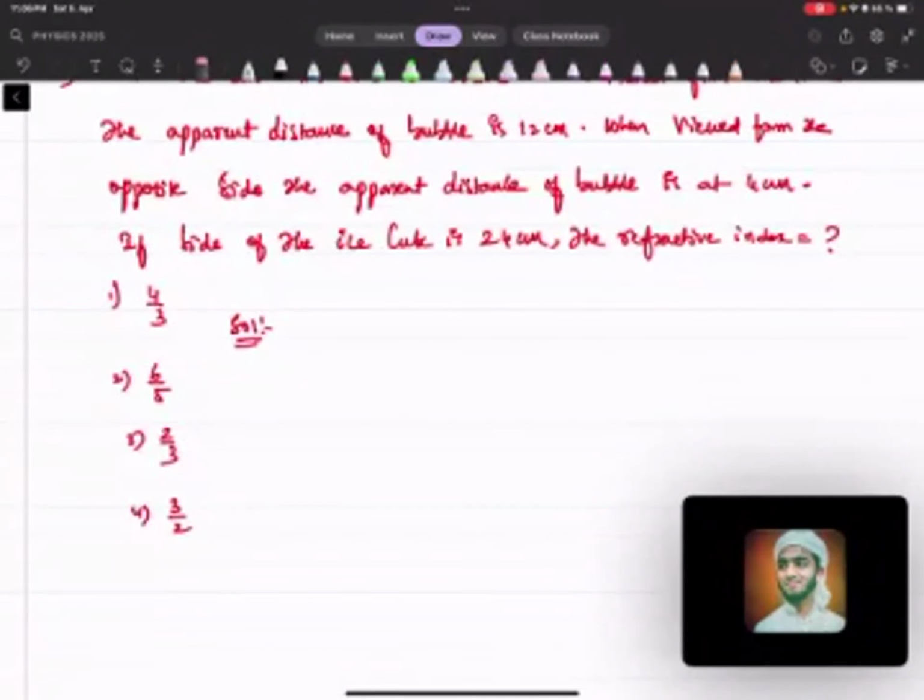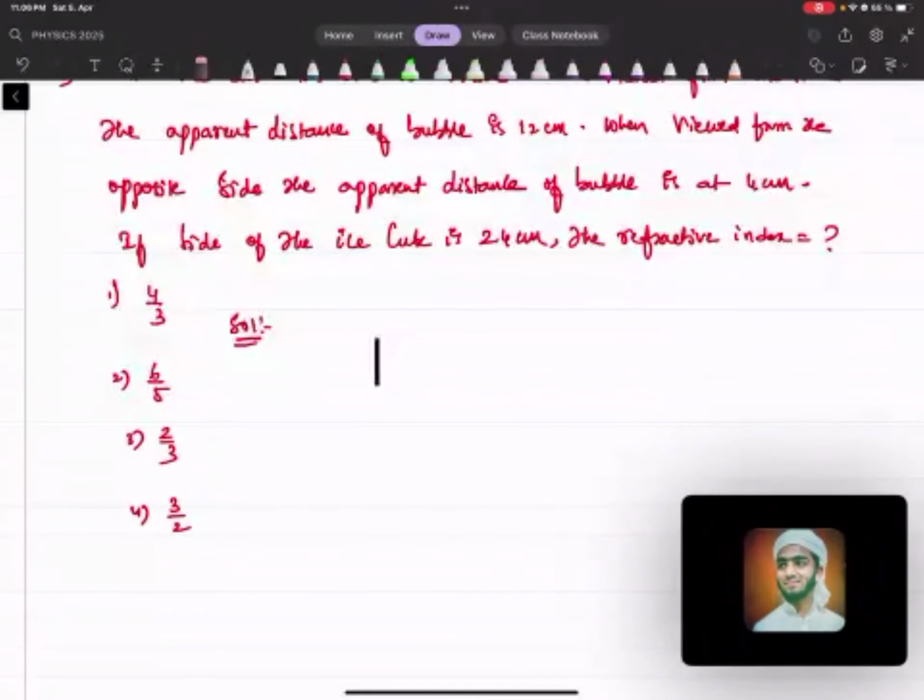See, this is your cube. I'm drawing here, an ice cube. And the problem says that the thickness of this one is 24 centimeter. And there is a bubble in this one right now here. When you're seeing from this side,